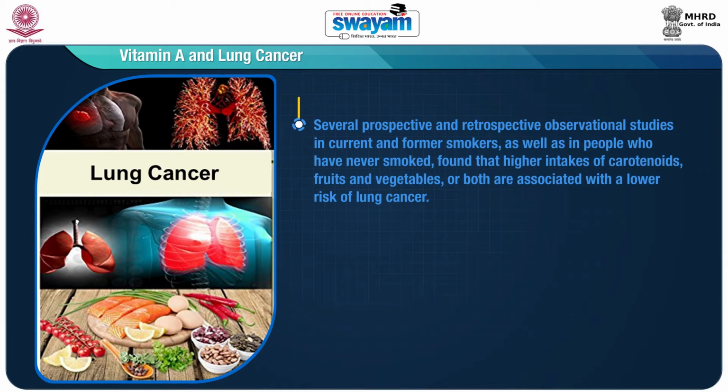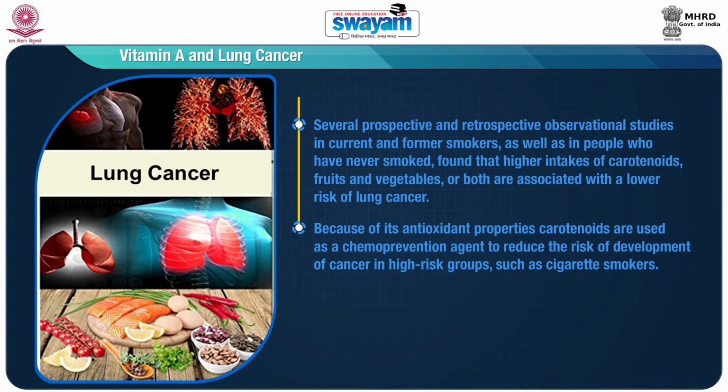Several prospective and retrospective observational studies in current and former smokers, as well as in people who have never smoked, found that higher intakes of carotenoids, fruits and vegetables, or both, are associated with a lower risk of lung cancer. Because of its antioxidant properties, carotenoids are used as a chemoprevention agent to reduce the risk of development of cancer in high risk groups